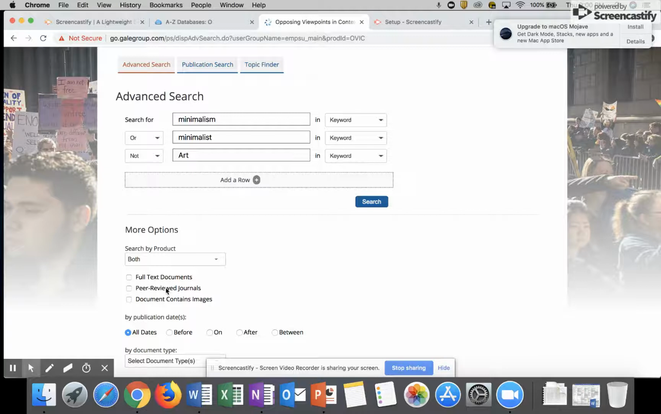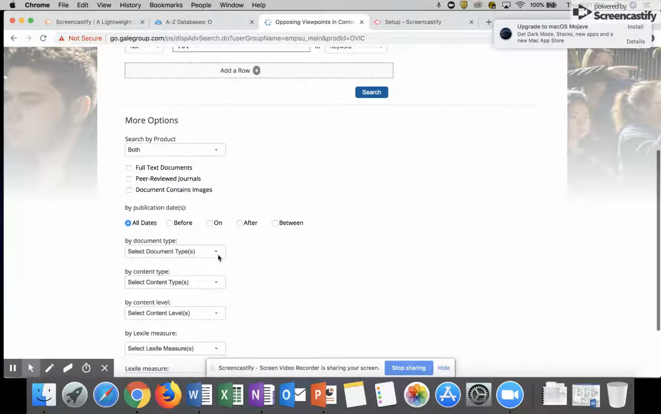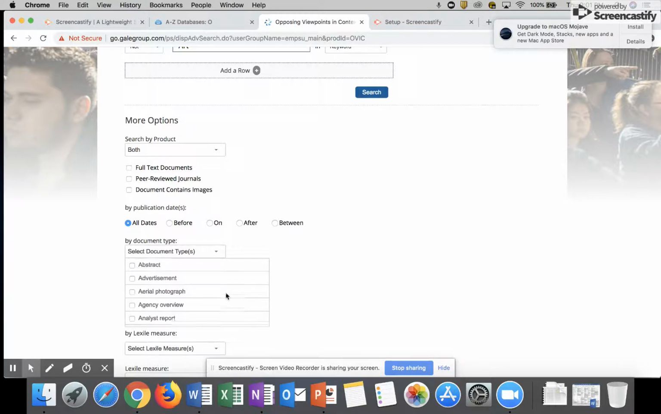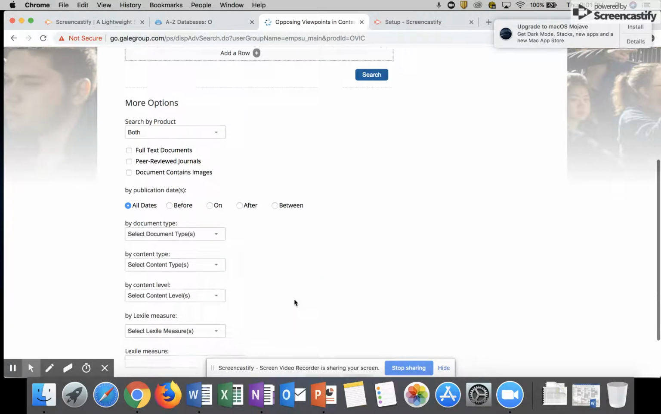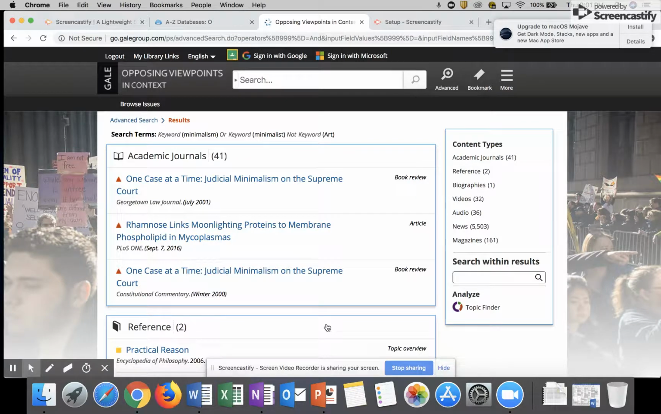option on this database. But going back down, I can look at publications, I can look at document types and actually narrow down the types that I want, like if I only want artwork or audio files. There's a lot of different features in the advanced setting. So when I say search,